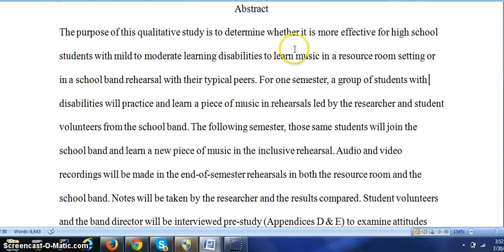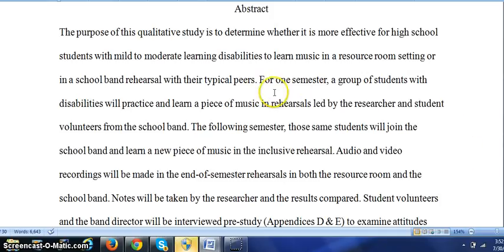Now, I'm not going to go into the specifics of this content that much. It's just to say that in this case, and I told you, a lot of the examples I use are not perfect. I'm not looking for perfect because I think this is a learning tool for you. But whenever you use the word effective, a lot of times that indicates that you're looking at quantitative, because you're trying to prove if something is more effective. And she may have spelled this incorrectly and used an A instead.